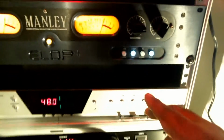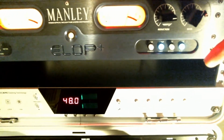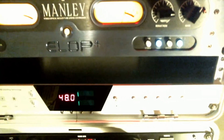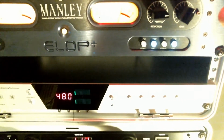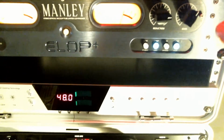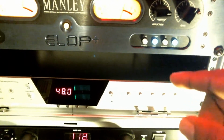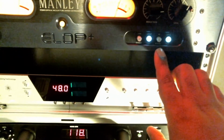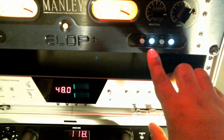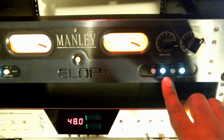So even if you just simply run your outputs into this compressor, you're still going to get the sound of the input transformer in tubes, meaning it's going to run through the system even if you don't engage the compressor limiter, which I find to be pretty cool, right? So